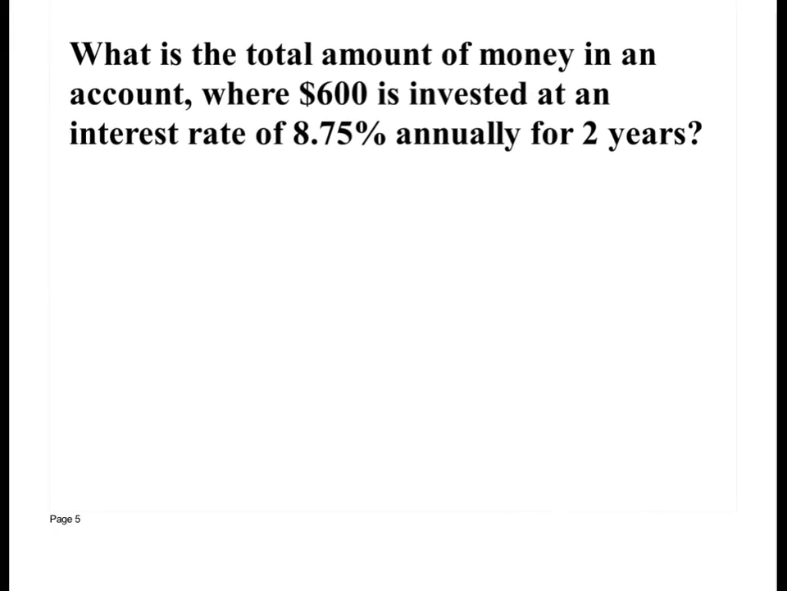So write this down. All right, so this is what questions are going to look like when it's dealing with compound interest. It's going to say, what is the total amount of money in an account where $600 was invested at an interest rate of 8.75% annually for 2 years? So that's the key. The thing you need to see is if this is simple interest or compounded based on that word right there, annually. Okay, that's compounded interest. Okay, so what we do is we use I equals PRT,